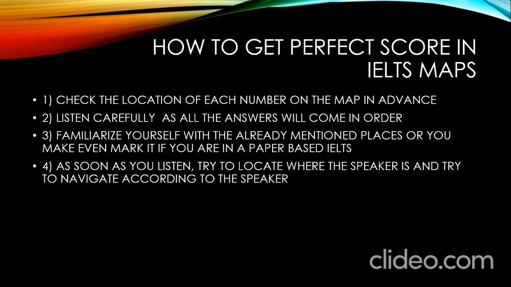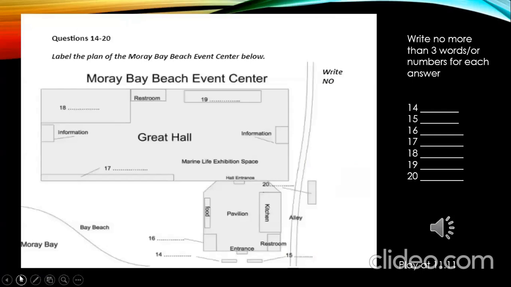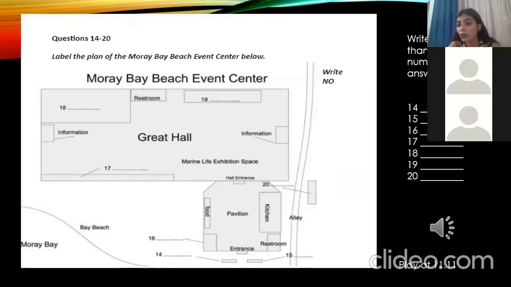of each number. Then the second thing is that you need to listen carefully, as all the answers spoken by her will be in order. In order means, first of all, we'll be getting the answer of 14. After that, she'll be speaking the answer for 15, then for 16, then 17, 18, 19, and then 20. So all the answers will be in order, and we don't have to get ourselves into a confusion, a dilemma,